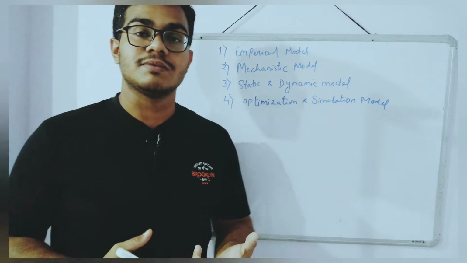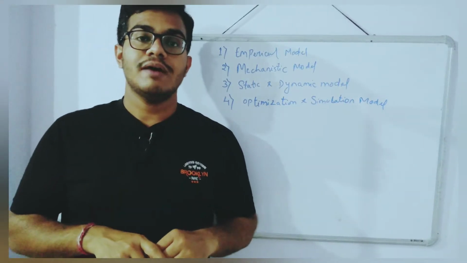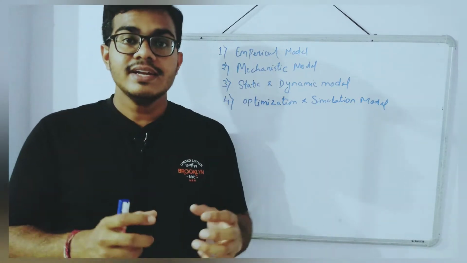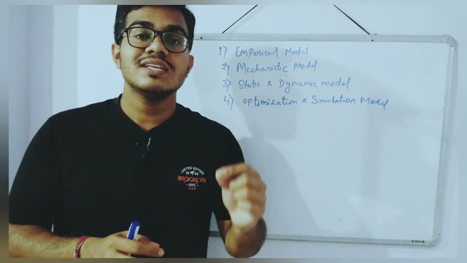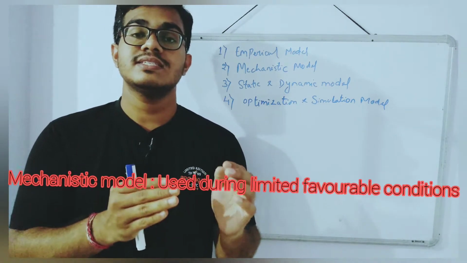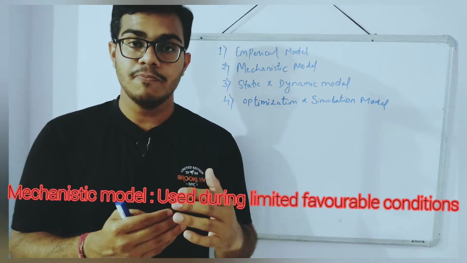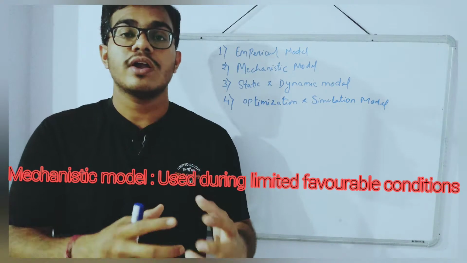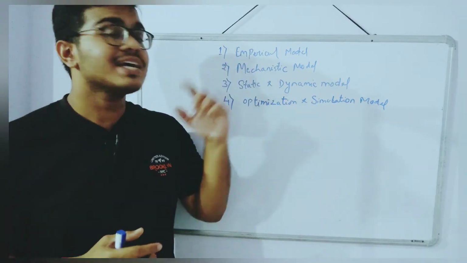So what is mechanistic model? The word itself means we have to be mechanically manipulative, that is, under low attributing characteristics, or under deficiency symptoms, deficiency of resources, or deficiency in nutrients, how the crop behaves or reacts to those deficiency or insufficient resource conditions. This can be predicted by the mechanistic model.